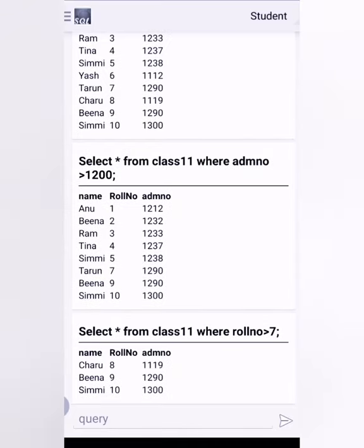See, in this table we have only 3 rows of data, 8, 9 and 10. The data is sorted according to the roll number.